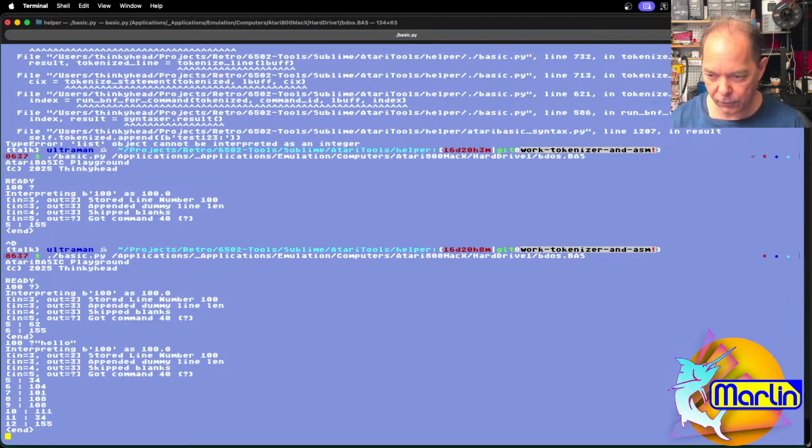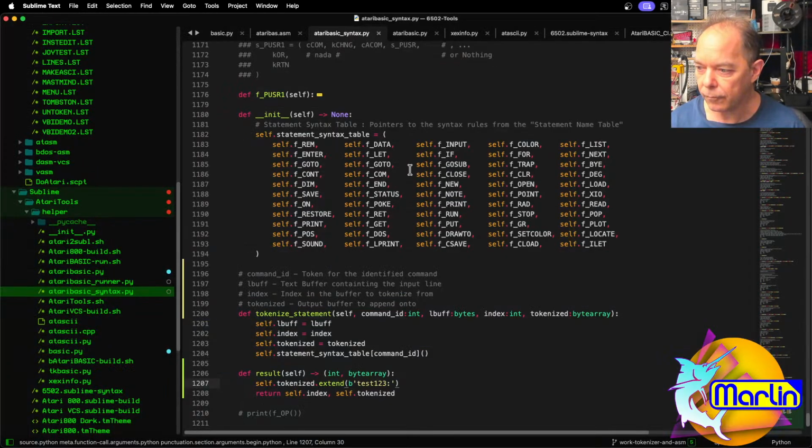Yeah, I kind of did it this way where I got the command F40, and then it does the BNF stuff, but then it also prints out the tokens after. So we are good. Plus equals is the same as extend, apparently. So what we really want to do eventually is